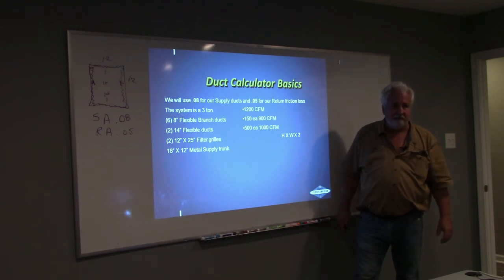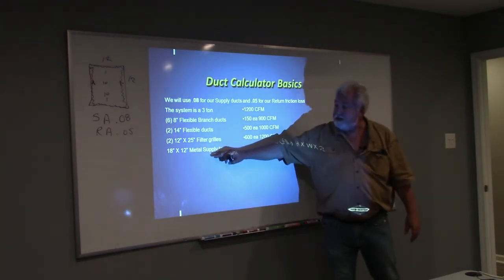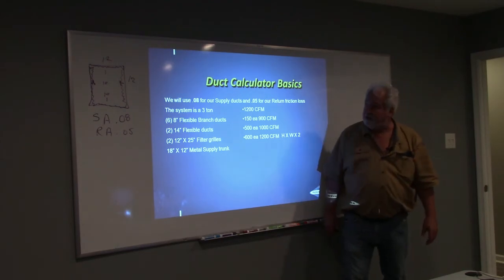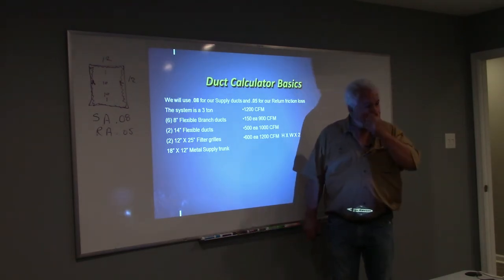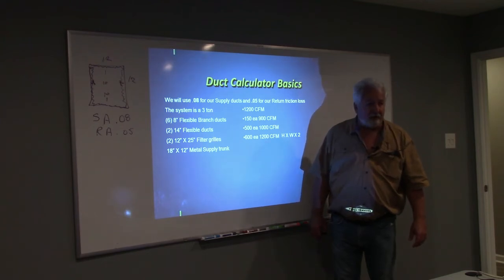And I have 2 of them. 1200. Yeah, 600 times 2 is 1200. Very good. So is my return air grill size right now? Yeah, that's good. Let's take 18 by 12 on that rectangular duct. And again, this is metal duct, it's wrapped on the outside. We went to 18 by 12, so go to 18 times 12 on that